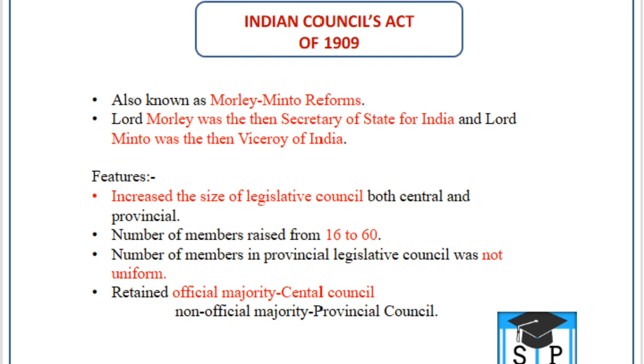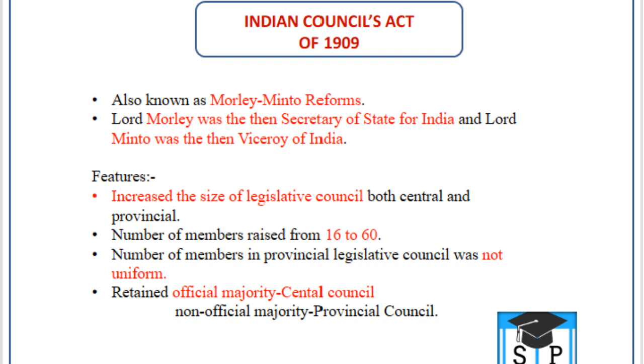The features of this act are that although the functions of the Legislative Council were increased by the previous act, this act considerably increased the size of the legislative councils, both central and provincial. The number of members in the Central Legislative Council was raised from 16 to 60. The number of members in the Provincial Legislative Councils was not at all uniform,